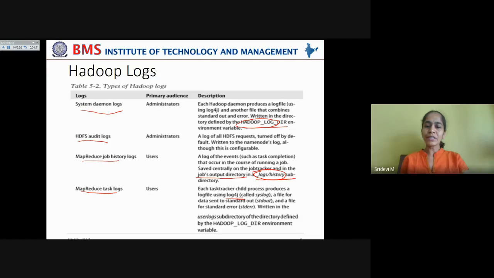These are written in the userlogs subdirectory of the directory defined by Hadoop log dir, same as what we mentioned for system daemon logs. These are under the main directory of Hadoop, where the user logs will be written as a subdirectory.